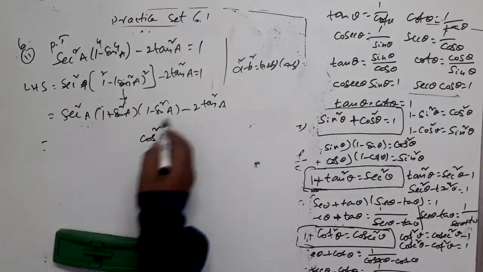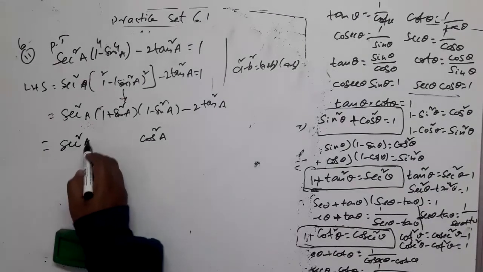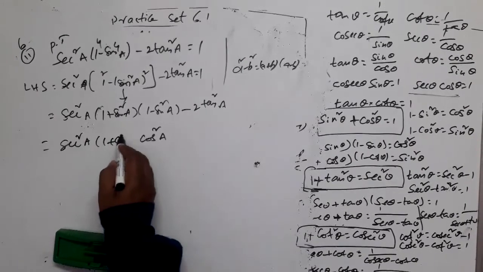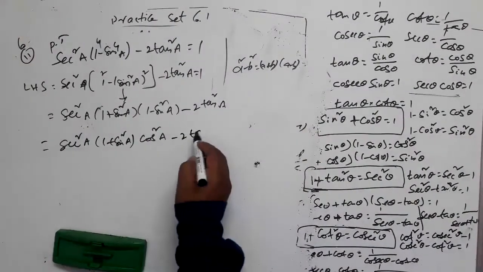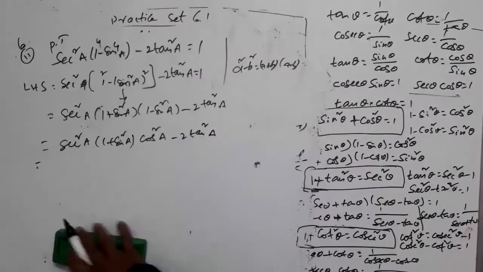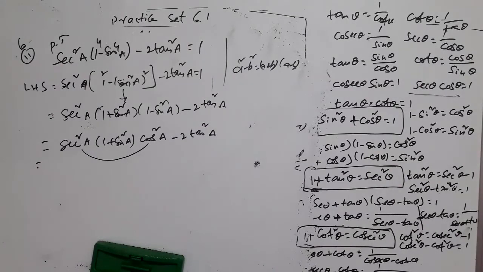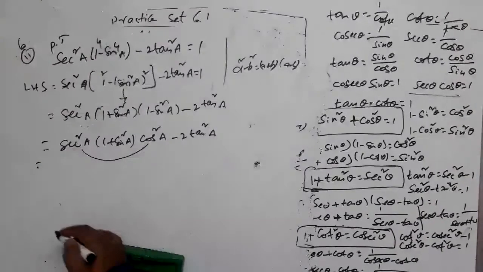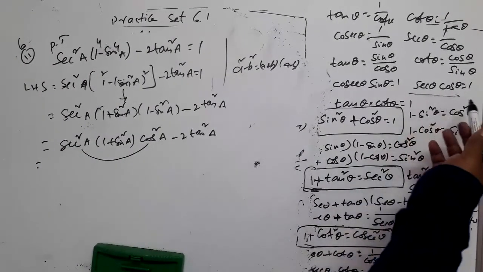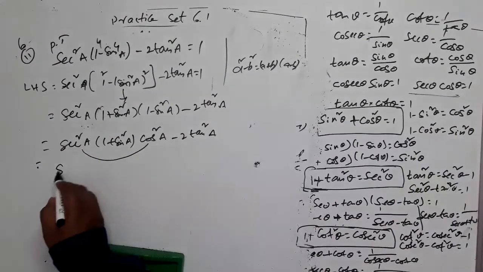Now, yes, this is a familiar one for us again. 1 minus sin square A, I can replace that by cos square A, right? So this is cos square A multiplied by secant square A multiplied by 1 plus sin square A. I am leaving the term as it is. Yes, any other idea now? You can observe that we have product of two reciprocals. So cos A and secant A are reciprocal of each other, we know. So secant theta into cos theta is 1.